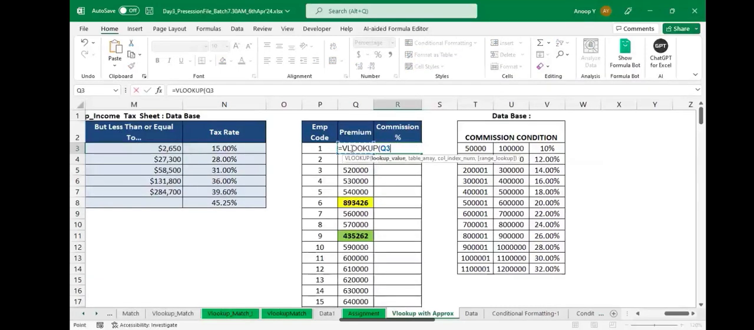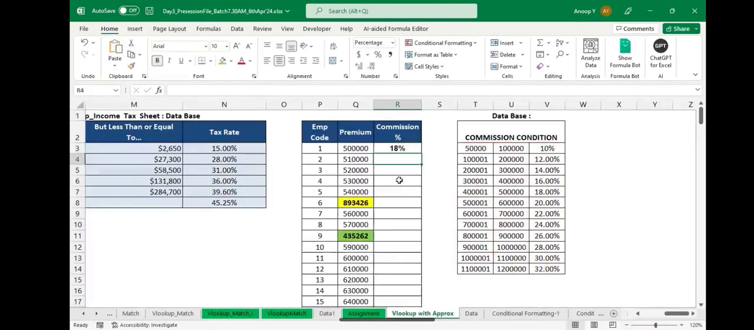ये बन गया आपका लुकअप वैल्यू, कॉमा, ये बन गया आपका टेबल एरे, कॉमा। अब मुझे इसमें परसेंटेज उठाना है तो कॉलम इंडेक्स नंबर 3 बनेगा या नहीं? हाँ, बनेगा बिल्कुल। 3, और 1। जैसे मैंने एंटर किया और अगर मैं इसको डाउन फिल करता हूँ तो ये देखिए परसेंटेज आ गया।